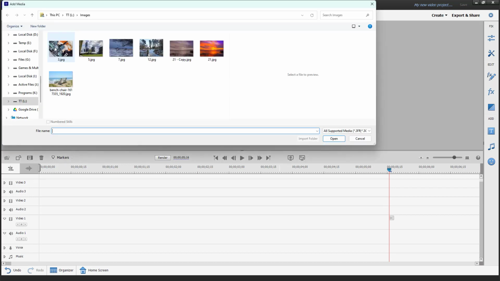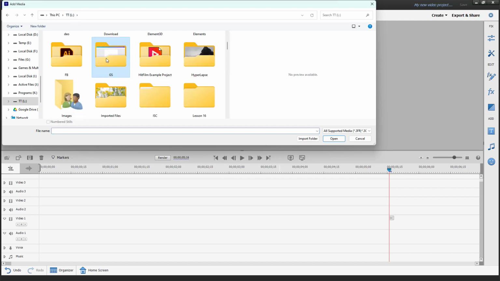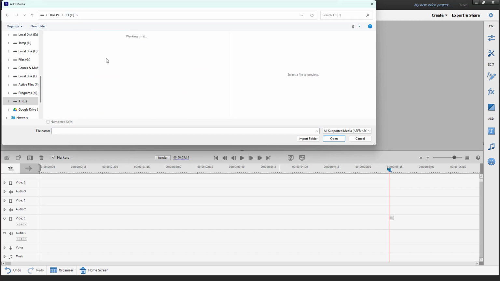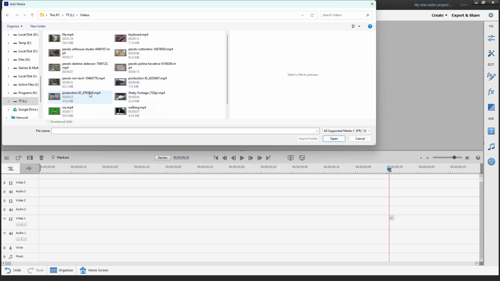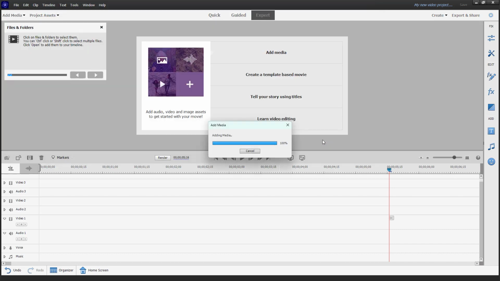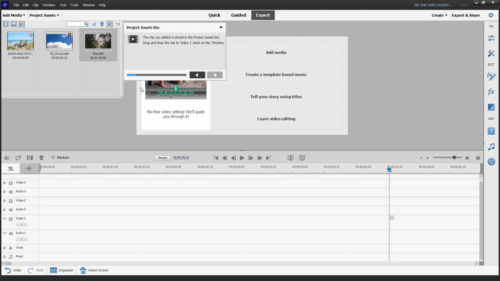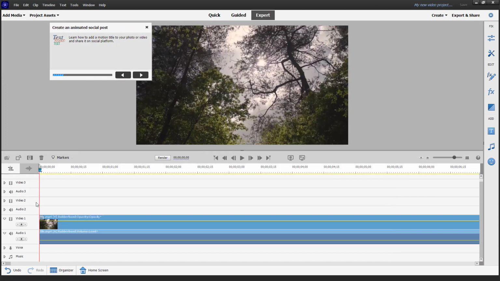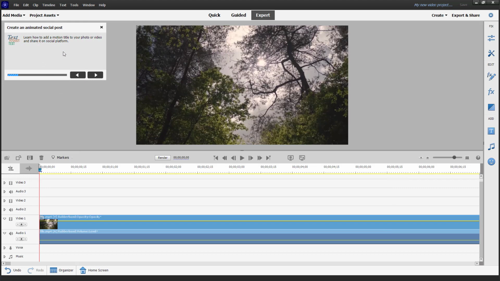I'm just going to go onto my video right here, select, let's say, a footage and click on open right here. Once I do that, it says drag this onto video clip 1 right here. And it says learn how to add in motion title to the photo and video and share it on social